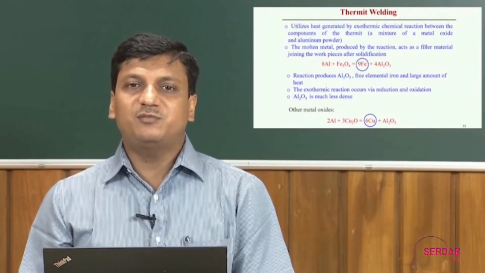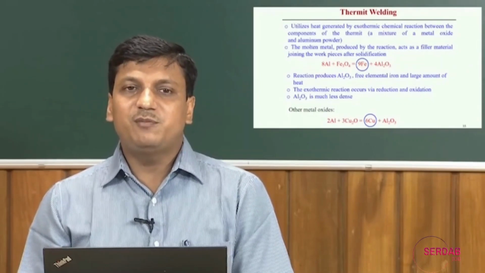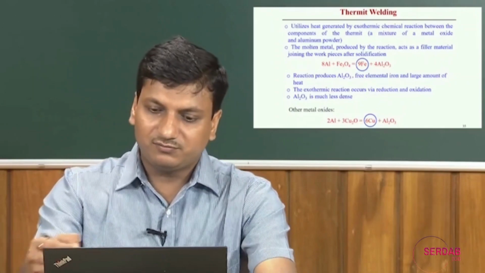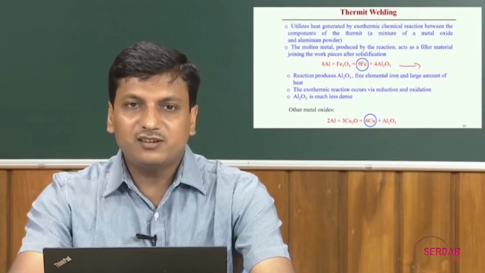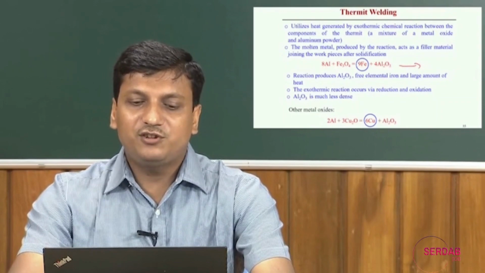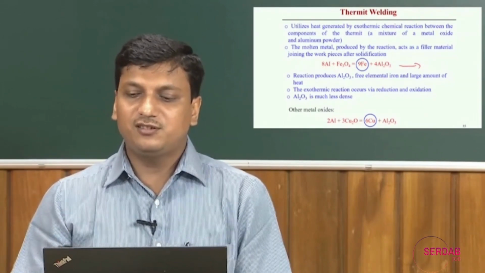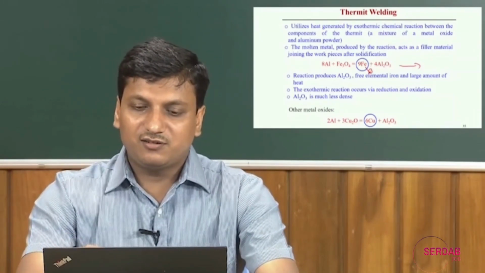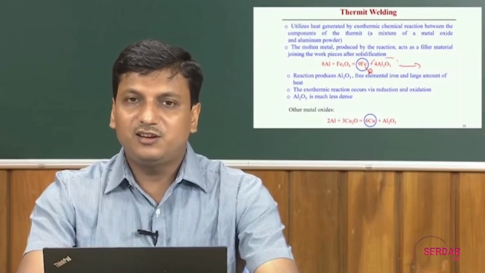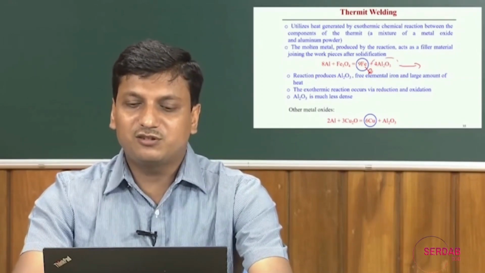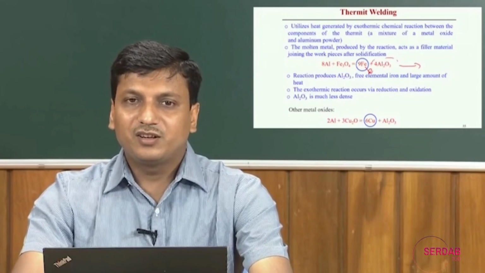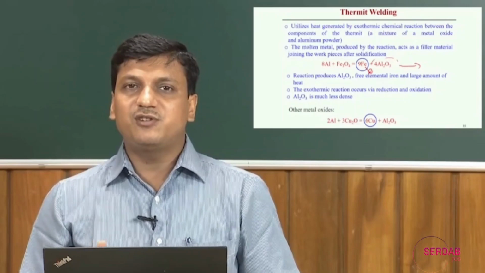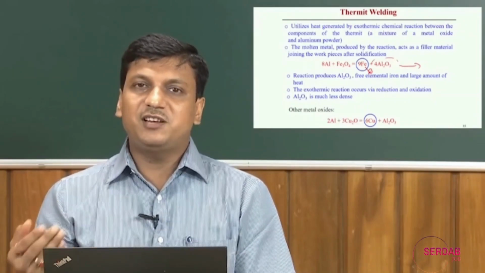Thermite can be defined as a mixture of metal oxides and aluminum powder. We can look into an example. For example, if you look into this equation, aluminum and Fe3O4 react and form more Fe, that means pure iron, and aluminum oxide. During this reaction it also creates heat. That heat generated is responsible for welding the two different materials, but at the same time